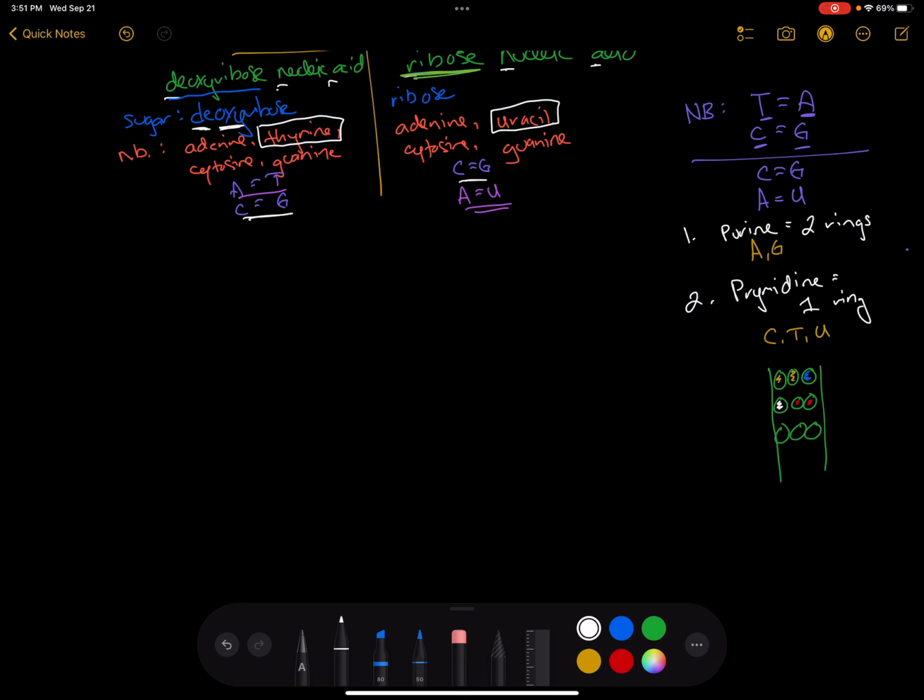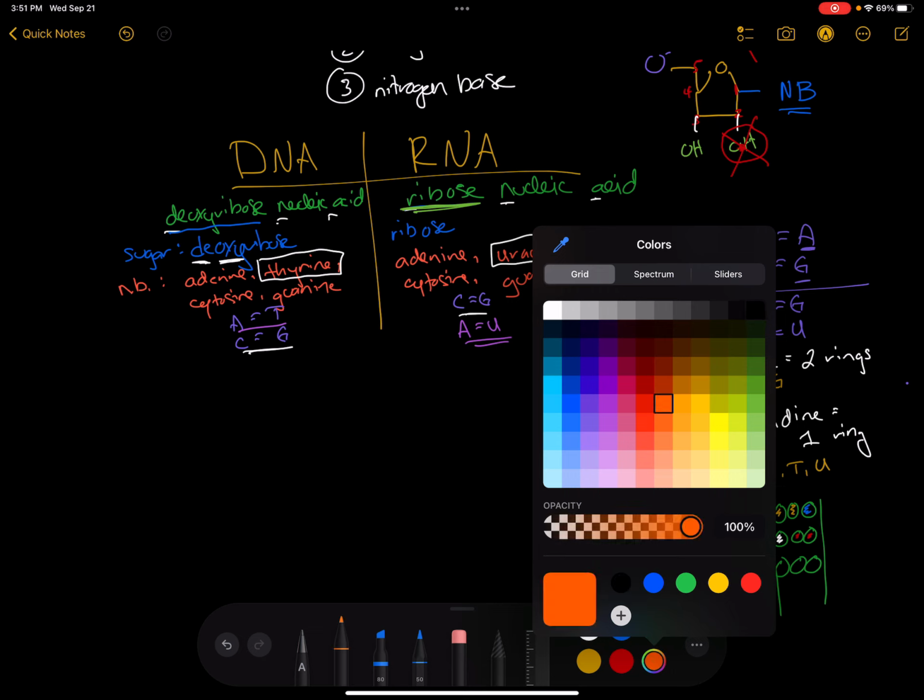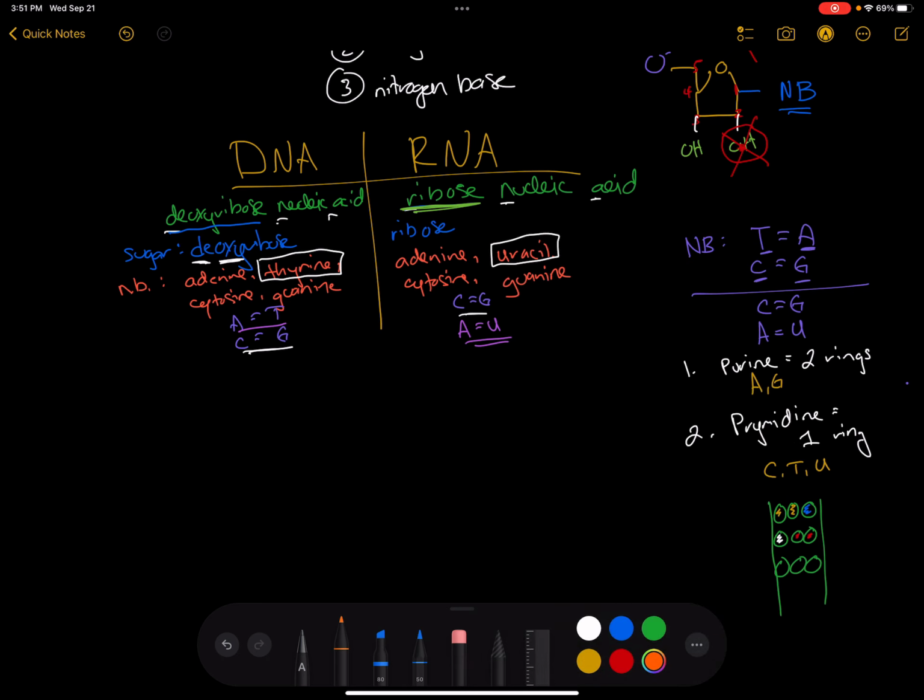Now, to finish this up over here, we need to do function. So the function of DNA, and we've done function before, is to store genetic info,